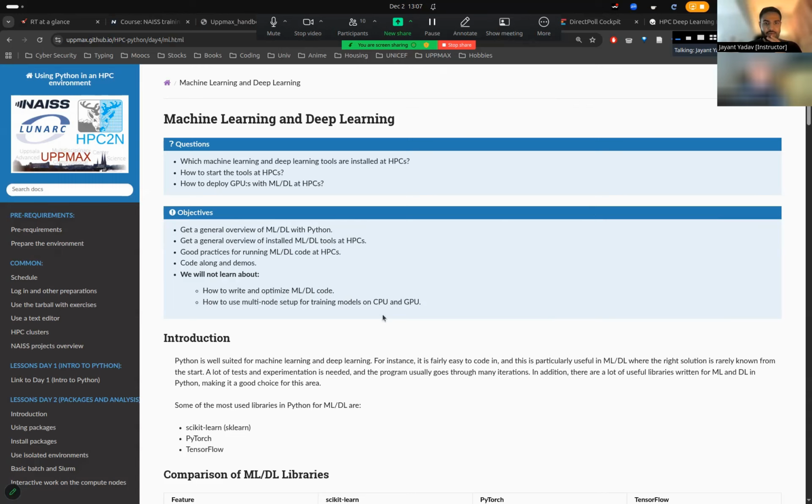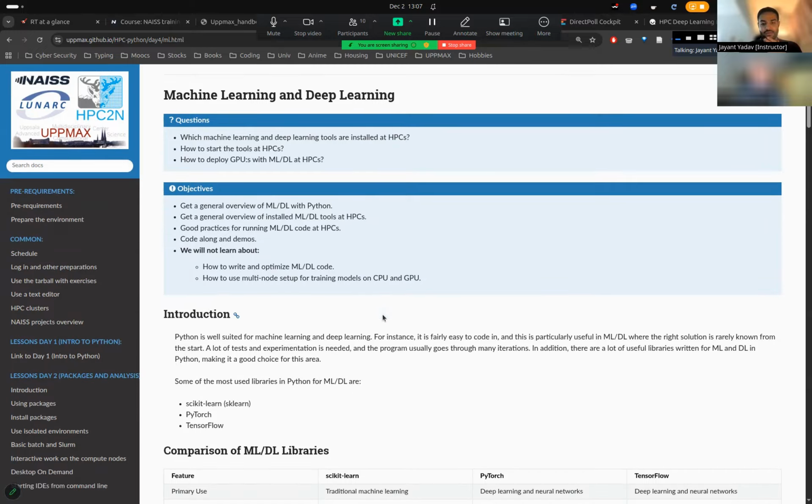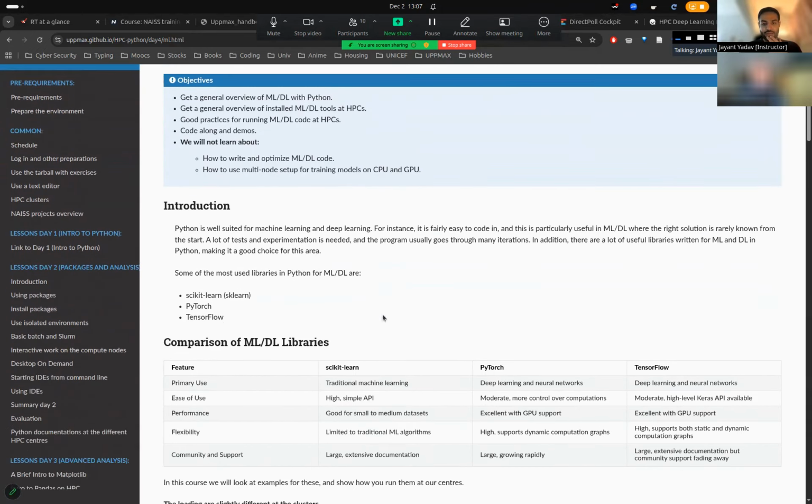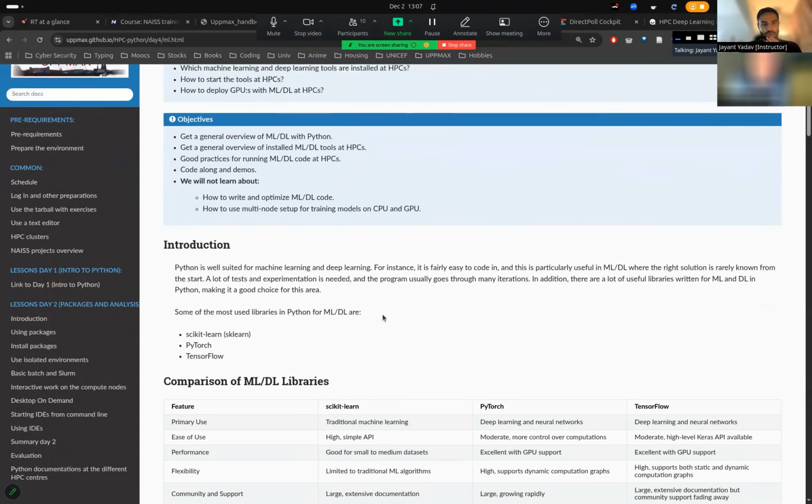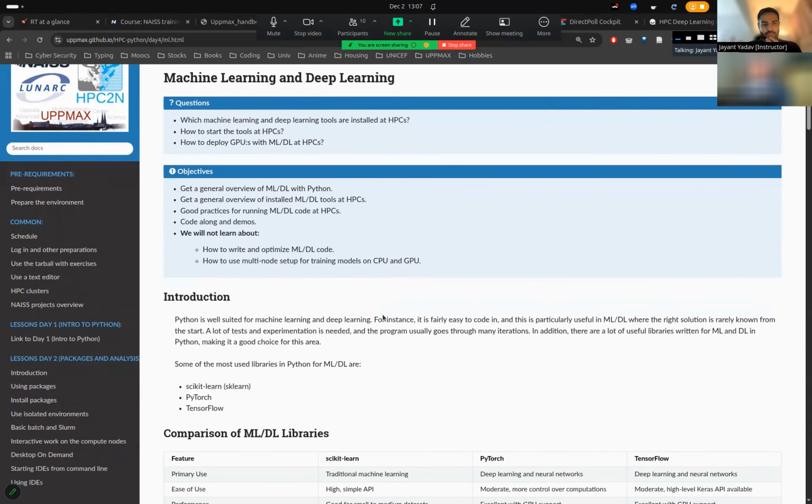And now we are going to look at three major applications or libraries, the popular ones, of course, for machine learning and deep learning, which are scikit-learn, PyTorch, and TensorFlow. And we'll look at some examples after the break, and most importantly, I think we'll look at some do's and don'ts and how to work with an HPC environment in general if you're working on machine learning or deep learning